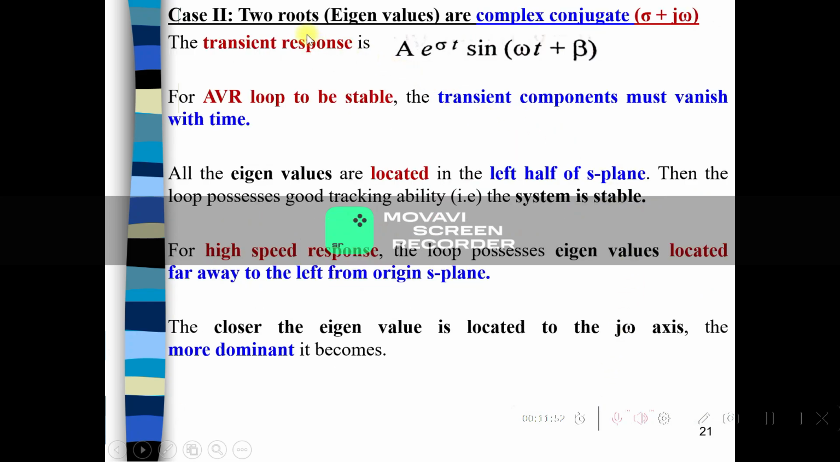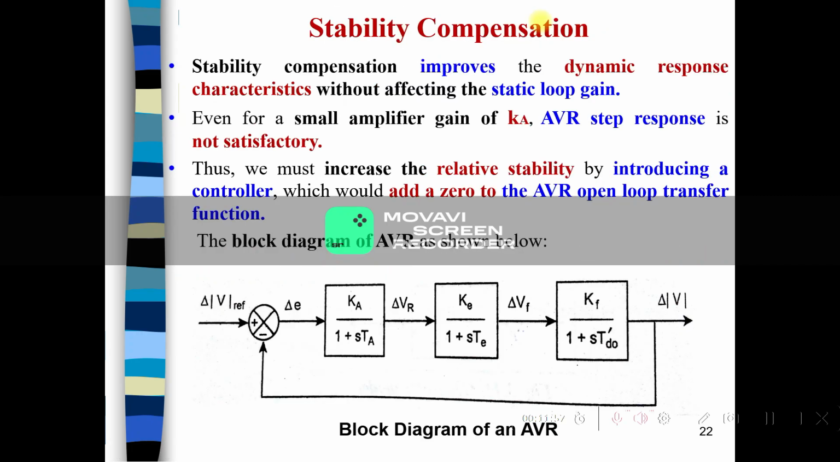Case 2, the two roots or eigenvalues are complex conjugates. So the next one, stability compensation. The stability compensation improves the dynamic response characteristics without affecting the static loop gain. Even for a small amplifier gain of Ka, the automatic voltage regulator step response is not satisfactory. We must increase the relative stability by introducing a controller which would add a zero to the AVR open loop